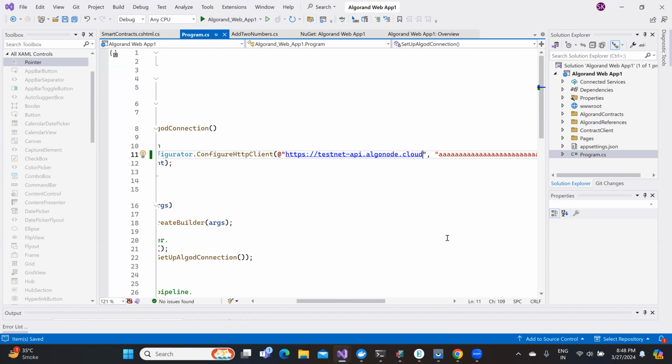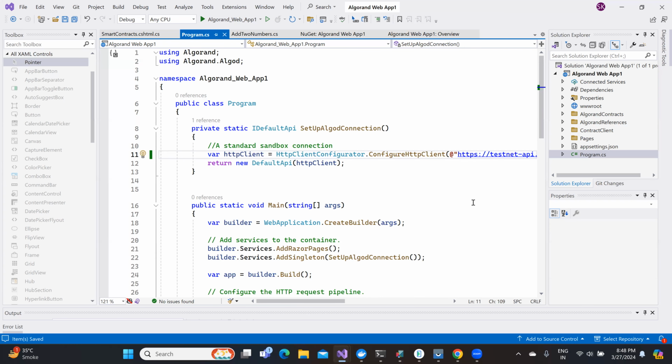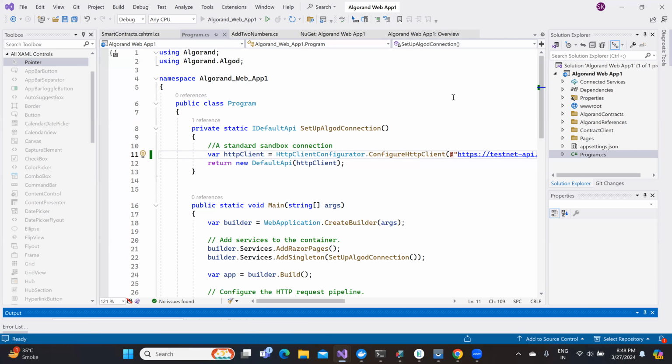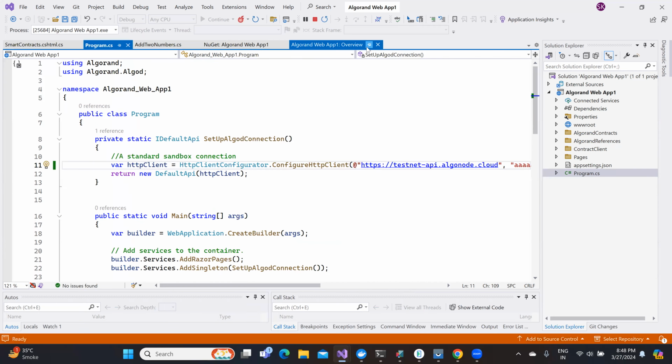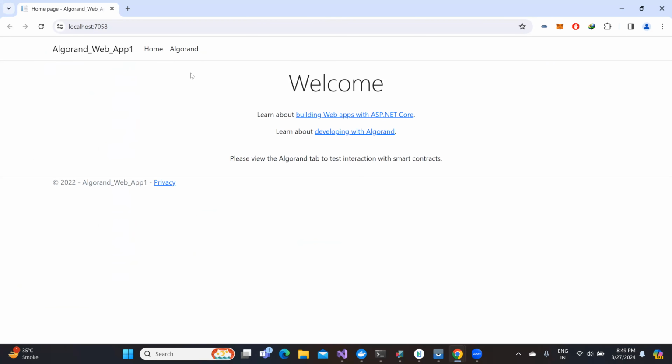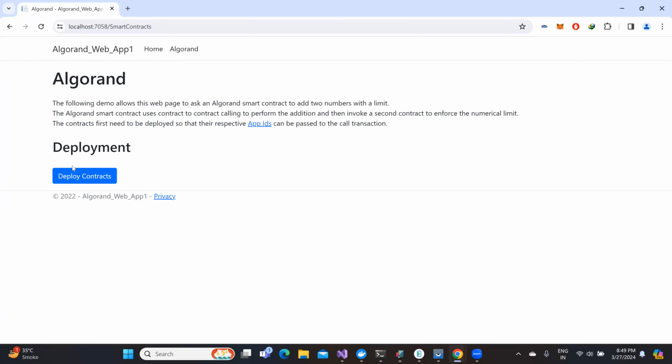So two changes you are supposed to make. One, you are going to change from the program.cs file, the address you are going to change to a test network. The second thing, you are going to replace the mnemonic, right? Now, if I run this application, let's see what happens. So now when I run this application, and if I go to Algorand, I'm still able to see the deploy contracts part. So now if I click over here,